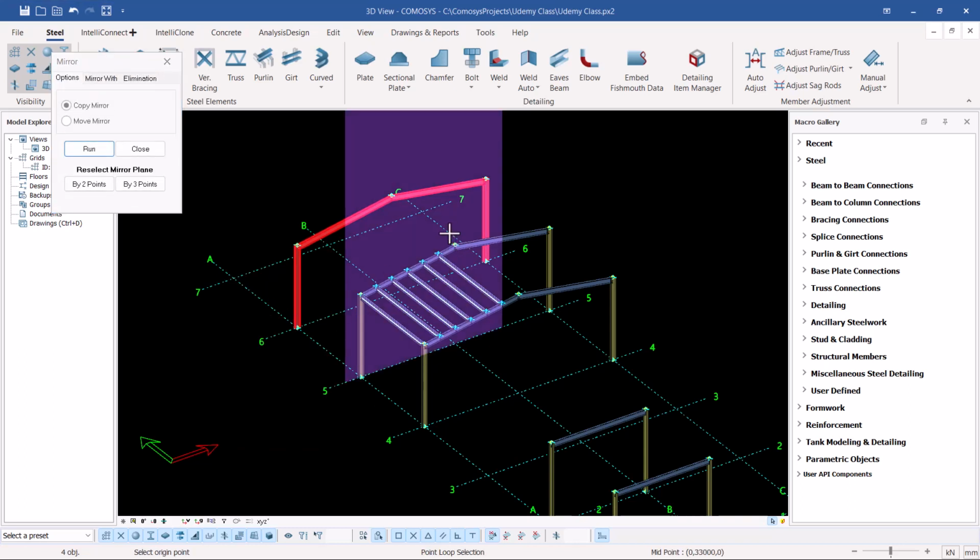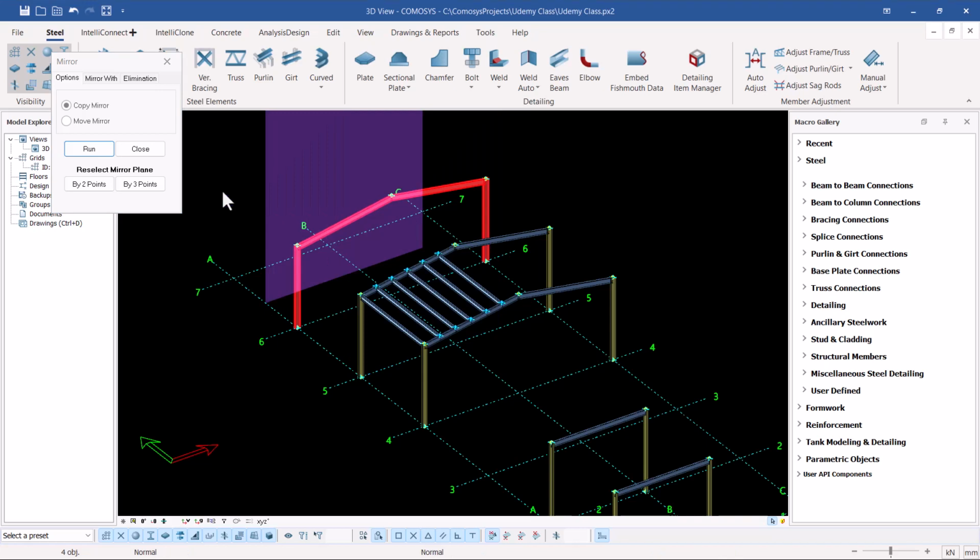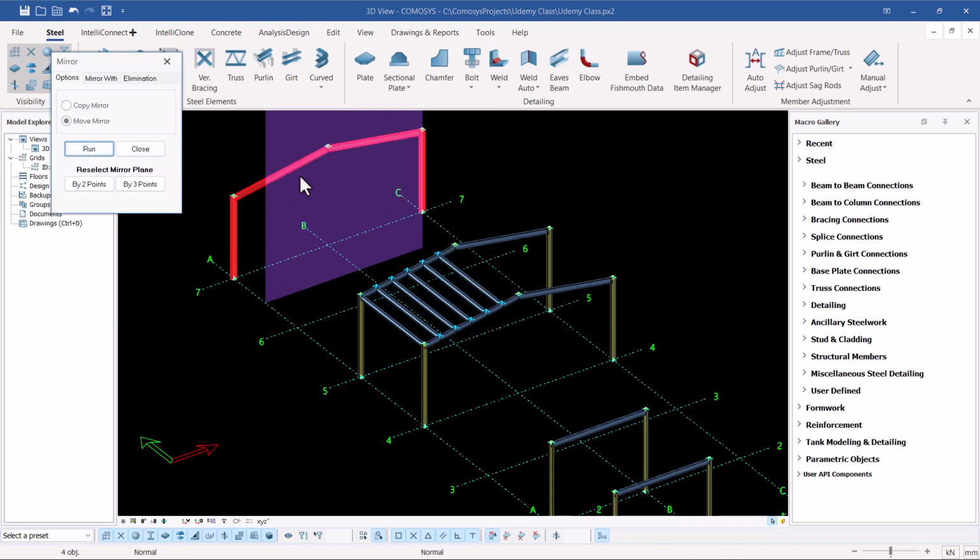And I'll snap on that spot and snap on that spot to define my mirror. Then I'll check this move mirror and click OK. So I'll lose my original copy and work with the new copy. So that's how mirror works. So I'll close that,